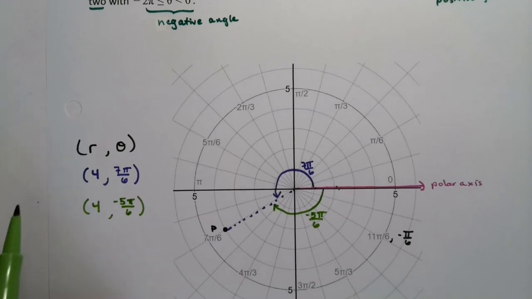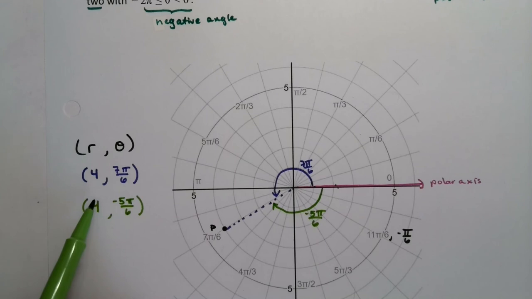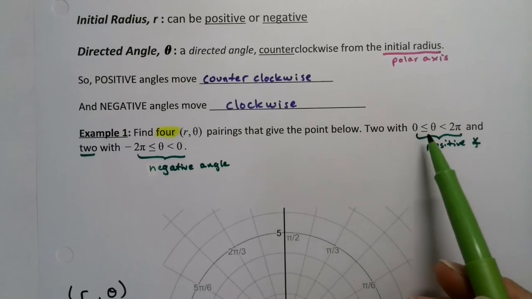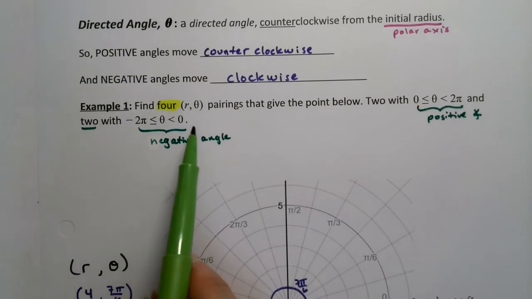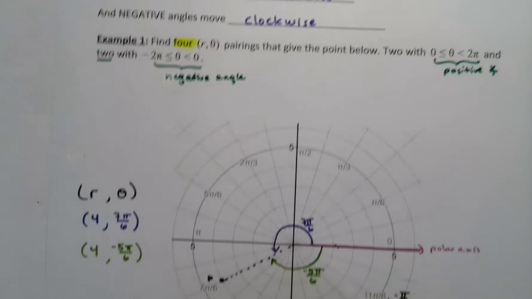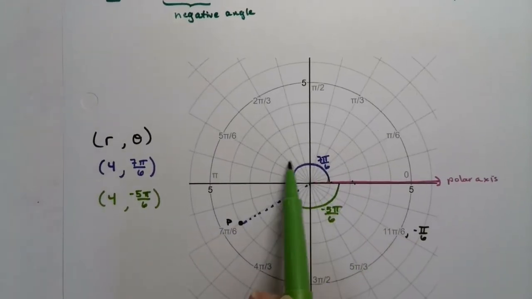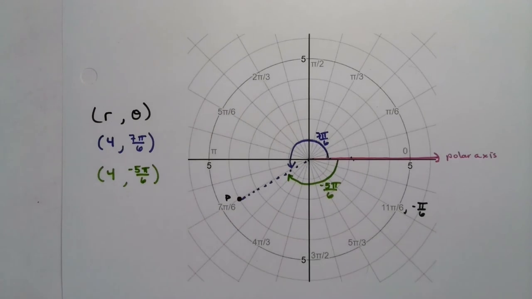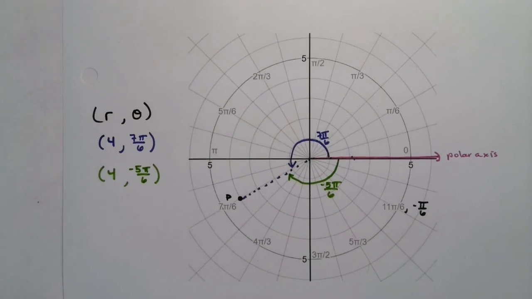All right, so I've come up with the 2 that have positive r's. I'm not going to be able to do 2 more like this because I'm restricted to being between 0 and 2 pi and negative 2 pi and 0. If that restriction wasn't there, I could just keep adding on. I could go around and around and do loop-de-loops, right? But they said they only want it to be between 0 and 2 pi and negative 2 pi and 0. All right, so let's get to this angle another way. How about we go